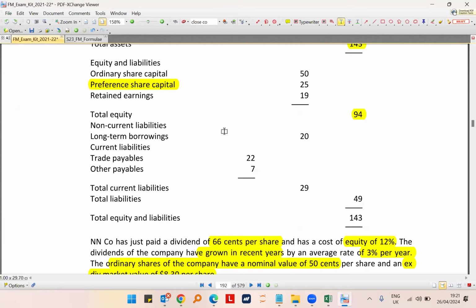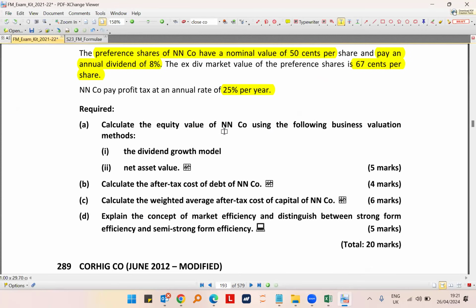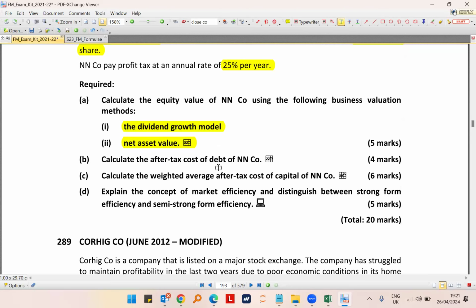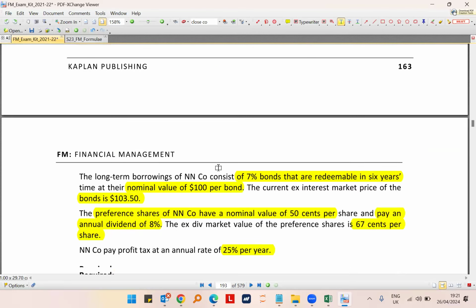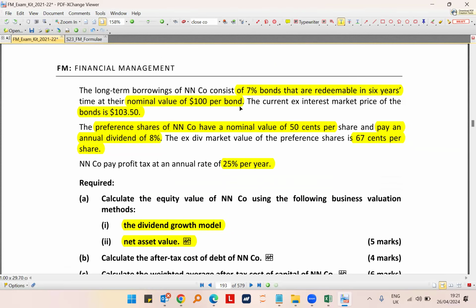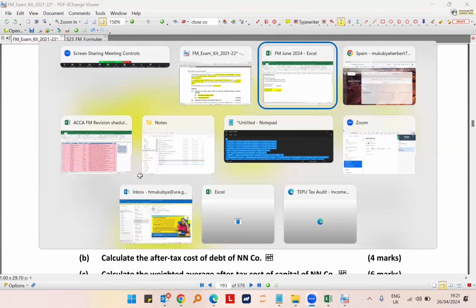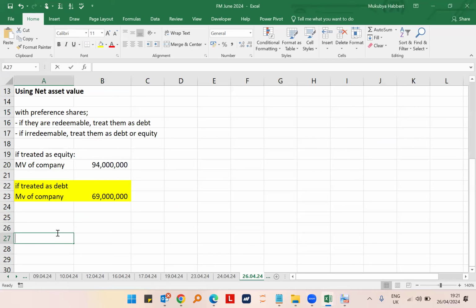It was asking us to calculate the market value using dividend growth model and net asset value. So then they want us to calculate the after-tax cost of debt of ANN Co. Now, how do you get that? They told us that we have 7% bonds which are redeemable in 6 years' time. So for the after-tax cost of debt,